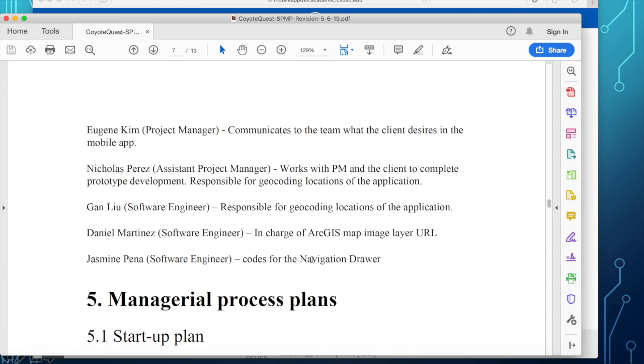Okay, the requirement of a good project manager or team lead is that they are familiar or they are actually also participating in the development. The management team cannot be detached from the development because if the software engineers run into trouble, the management team, the project manager and assistant project manager should be able to help in the development process.